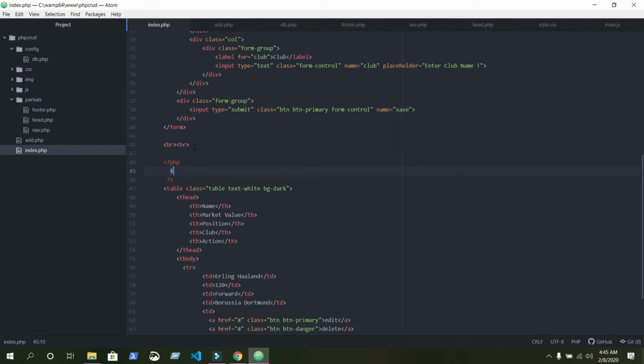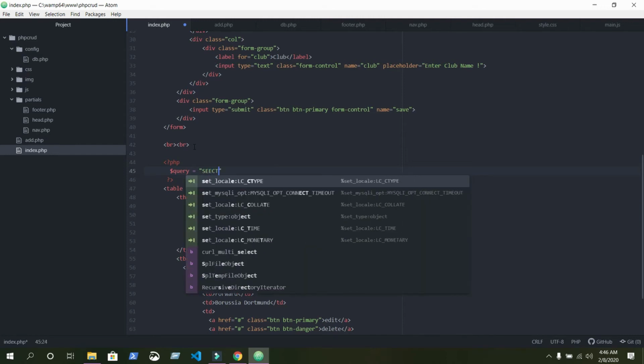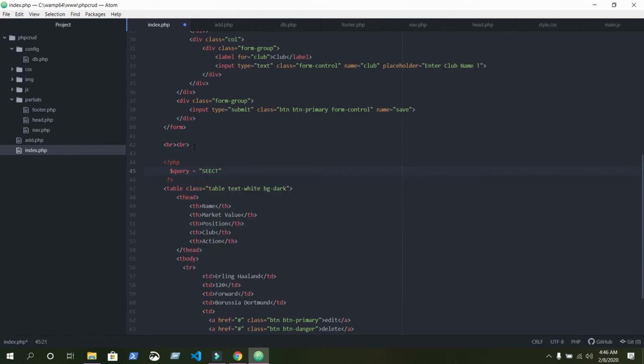Just write a dollar sign query is equal, double quotation mark, and query will be select everything, that is a star. Select everything from our table name was players, and